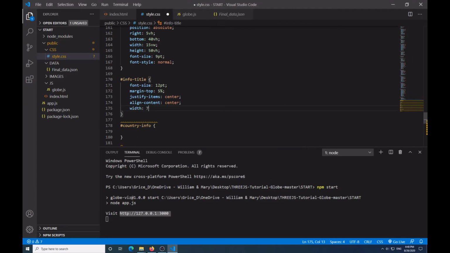The width is going to be 75%. The height is going to be 7%, and